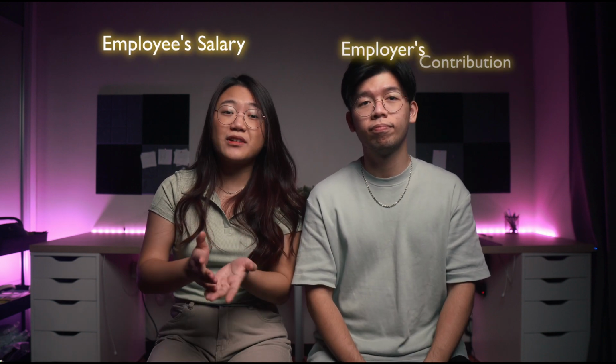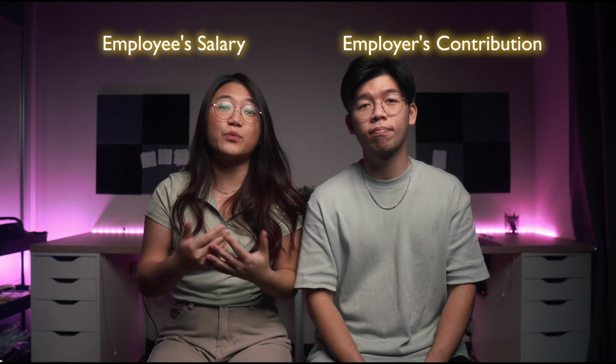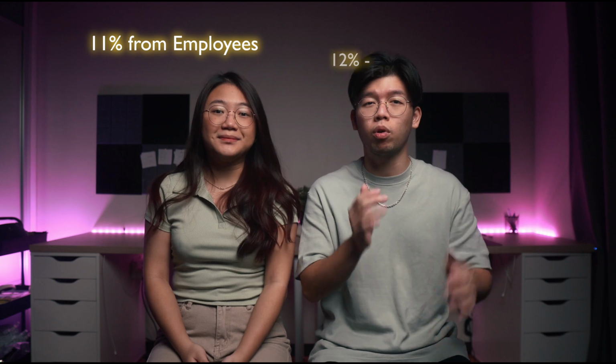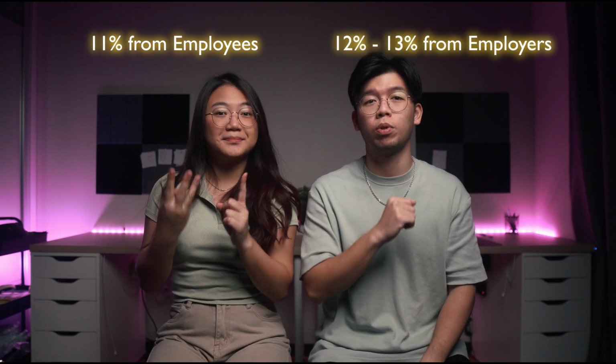Some people think that EPF is only contributed by themselves, but actually it is contributed by two parties: a portion of an employee's salary and the employer's contribution on behalf of their workers. So how it works is through a monthly contribution from employees and employers toward the savings accounts. 11% of the employee's salary is contributed into the EPF, while 12% or 13% comes from the